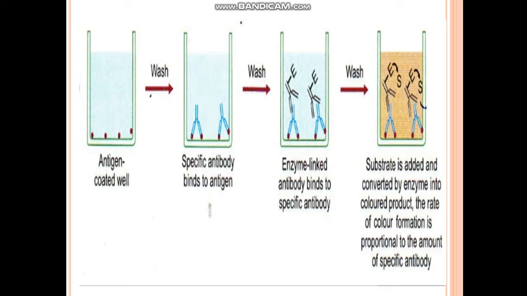Now this enzyme linked immunosorbent assay, ELISA technique, can be used to detect the presence of antigen, as I told you, and of course the other way around also, the presence of antibody can be detected. So these are two uses. Then again, it can be used to test the antibodies that can be recognized by an antigen. We can develop antibodies also. If we have the antigen, we can test so many antibodies simultaneously, and the reaction will be given by the complementary antibody only. So we can test and make an antibody which is complementary to